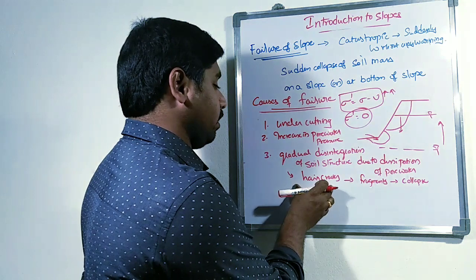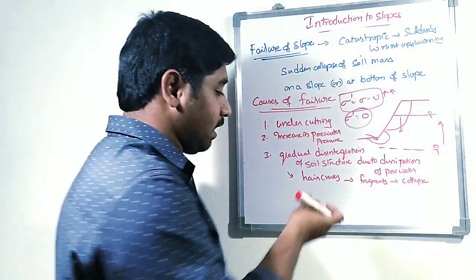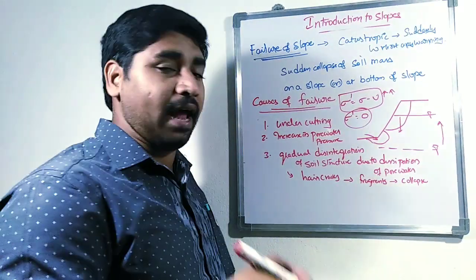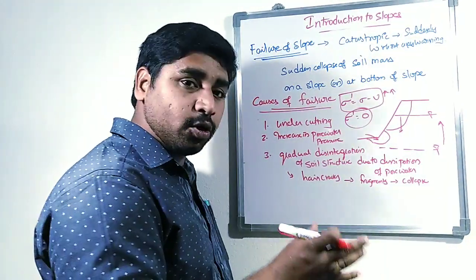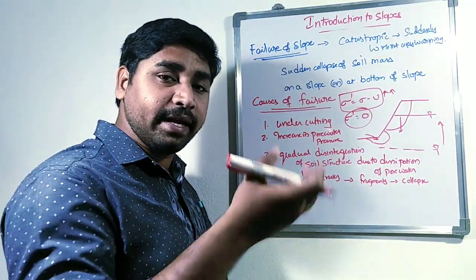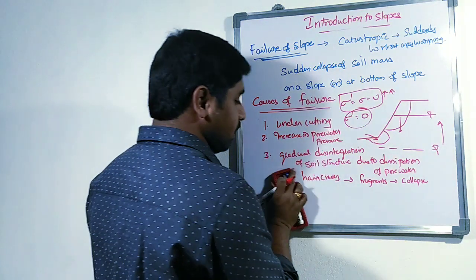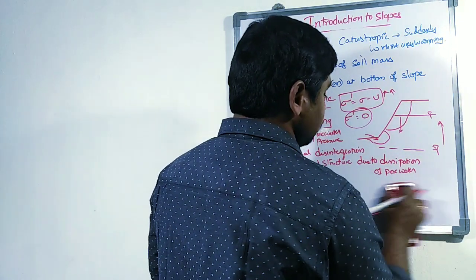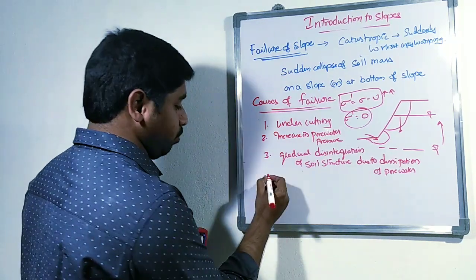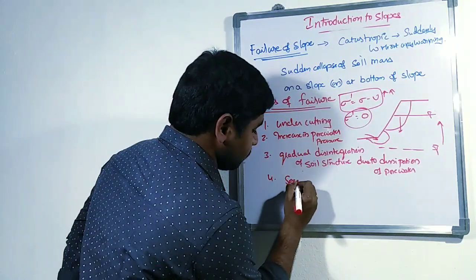So initially hair cracks are going to get developed in the slope, and later on it leads to fragmentation, separation into blocks, and then all of a sudden the separated elements may collapse. So that is because of the gradual disintegration which is going to take place because of the dissipation of pore water pressure. And the fourth one, seepage